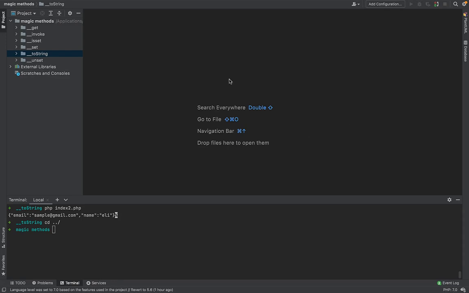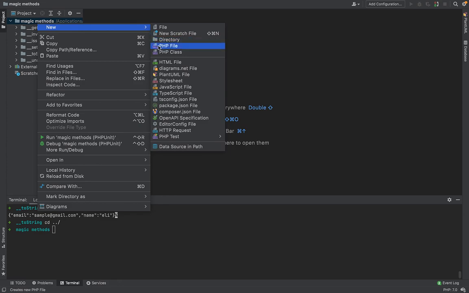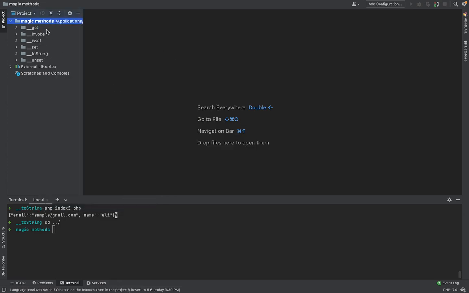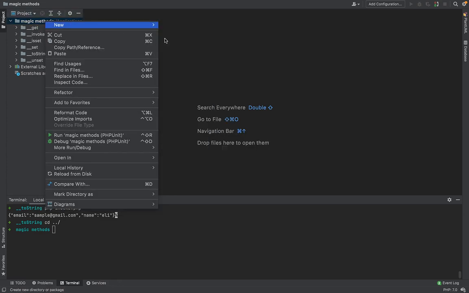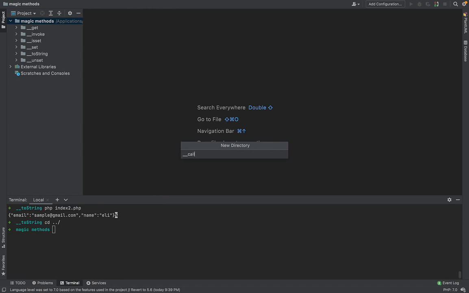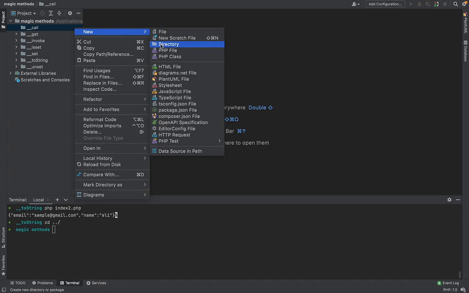Oh, finally something that is very interesting for me to show you. Let's get into the next magic method in PHP called __call, right? So